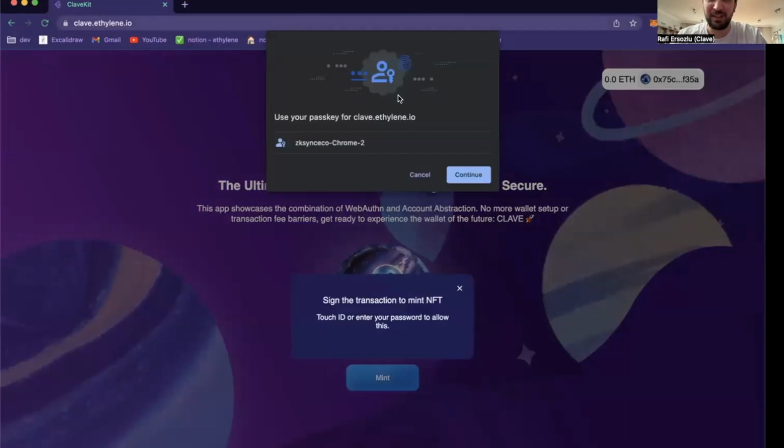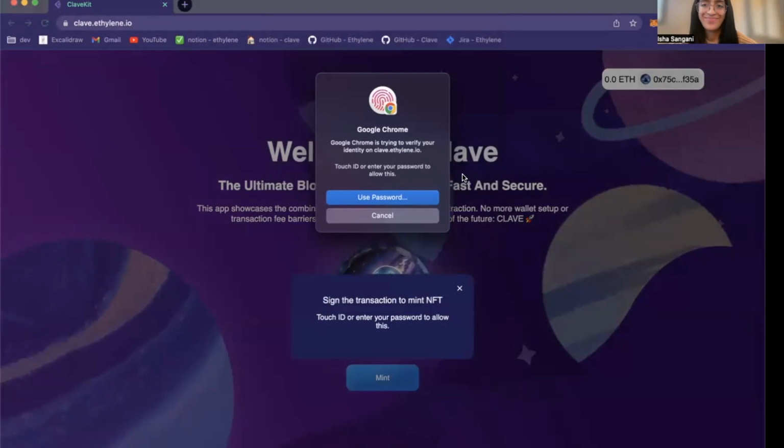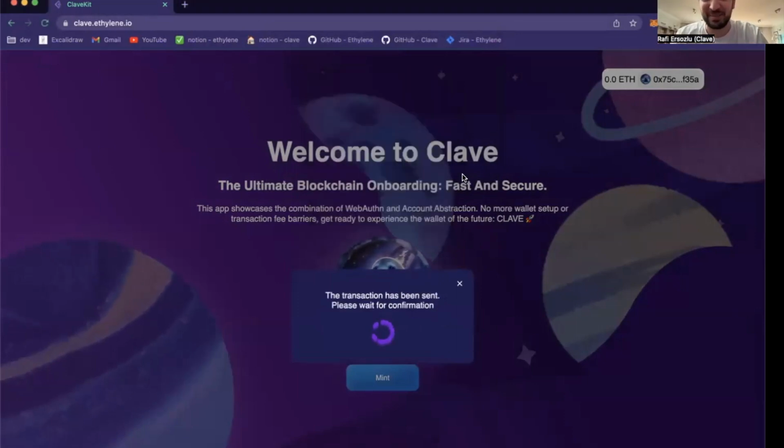So now can you see that? Yes. Okay, awesome. All right, then I'm scanning my finger and then the transaction is being sent. So it's now 3 NFTs. I will show you guys the NFTs on OpenSea. They do not have an image, but